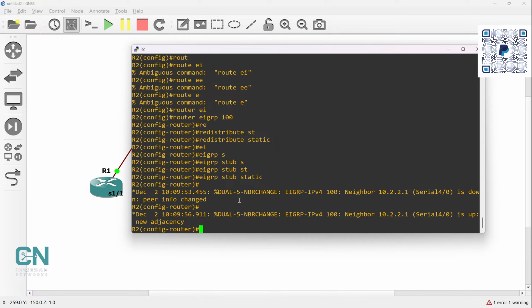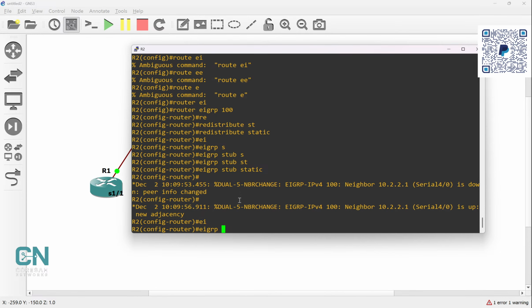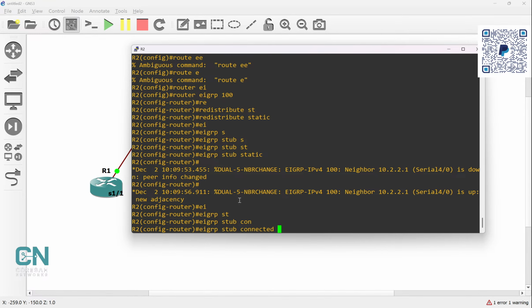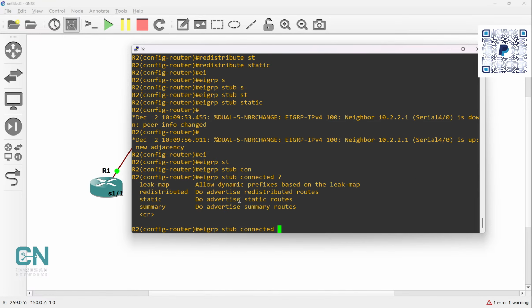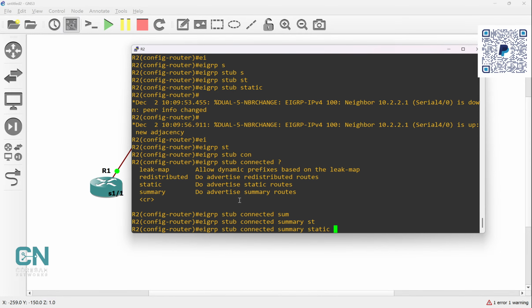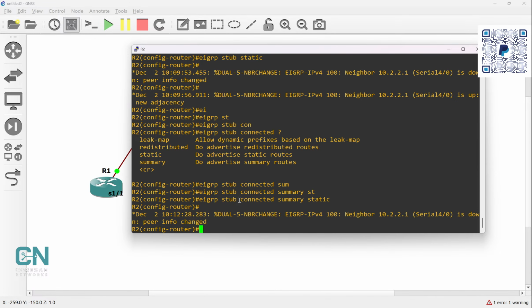And now let's configure EIGRP stub connected. We want to combine everything: summary, static. So we add summary and connected, and static also. Okay,